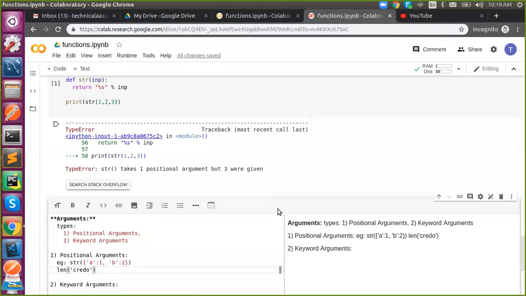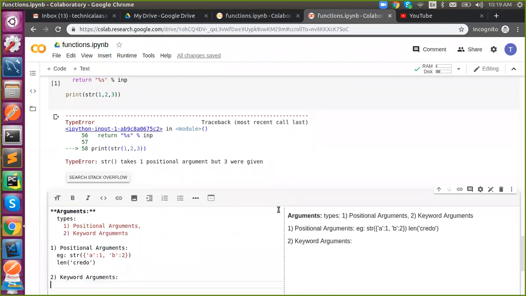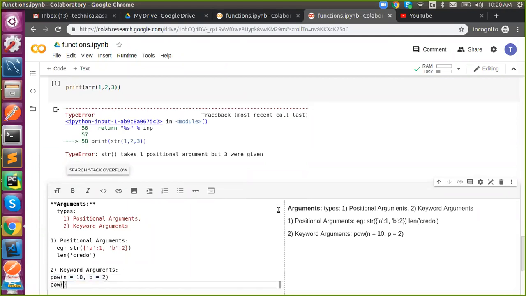This is positional again, and in case of keyword, what example is for keyword argument? Okay, so is it this one? Positional.